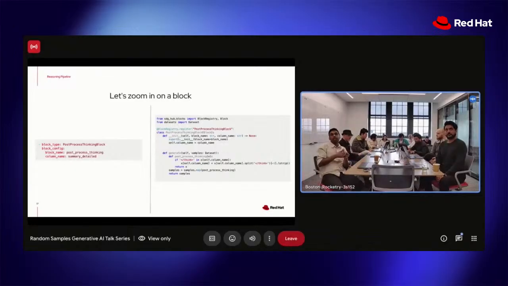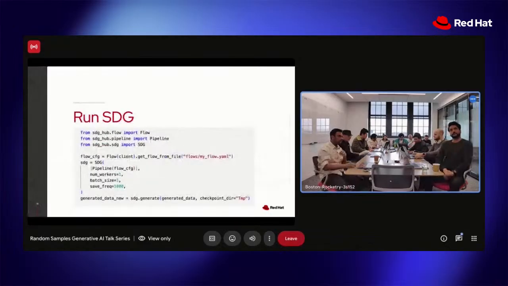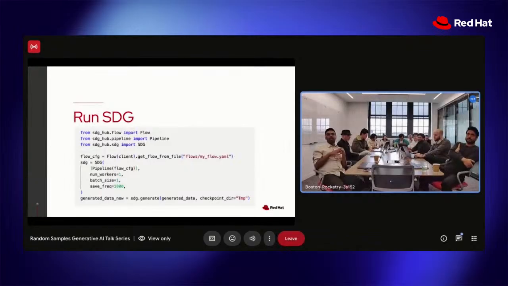And also, if you would like to make it advanced, you can inject more parameters, and it will be more general for a more general use case. Okay, so once we have our flow YAML written, we're ready to run SDG. Running an SDG can be done in very few lines of code. Simply import SDG Hub, point it to your YAML that you just wrote, and then instantiate the SDG object. Once you have the SDG object, simply do SDG generate, and it will start generating